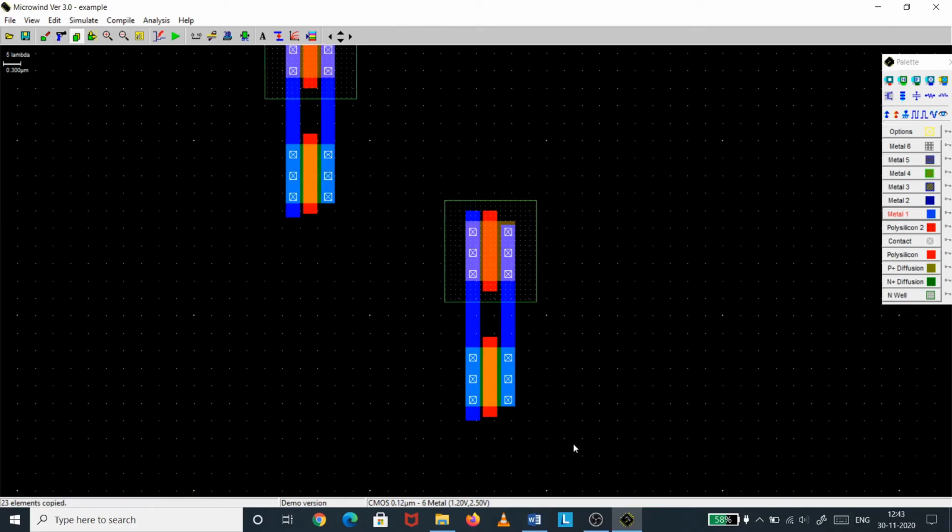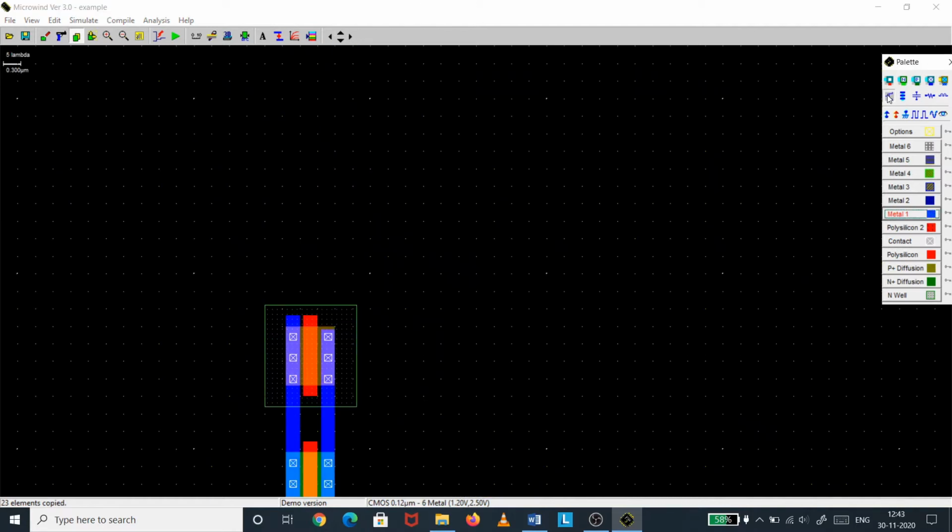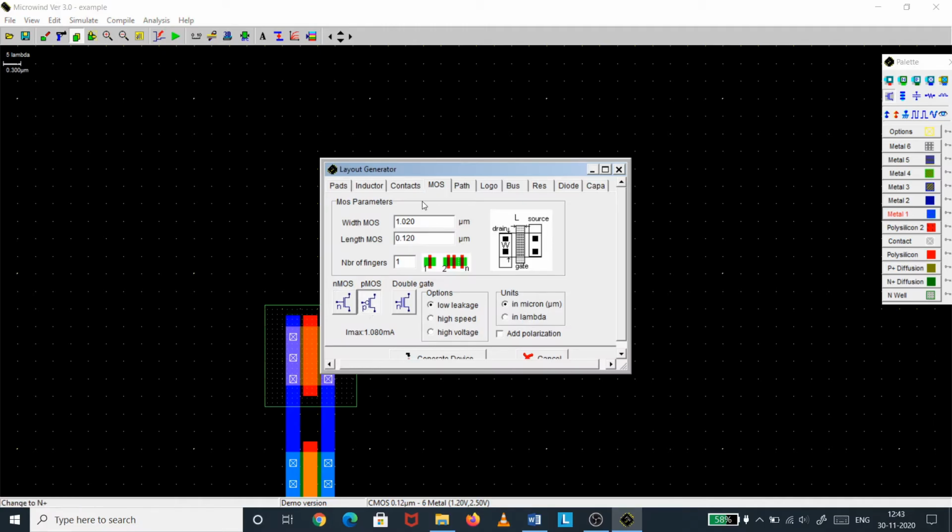Right here. Now I will create one CMOS inverter. For the CMOS inverter again I will be requiring PMOS and NMOS, no doubt.